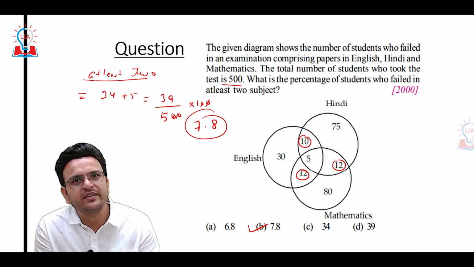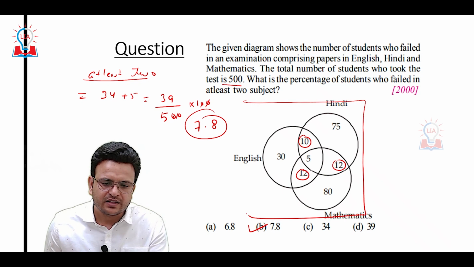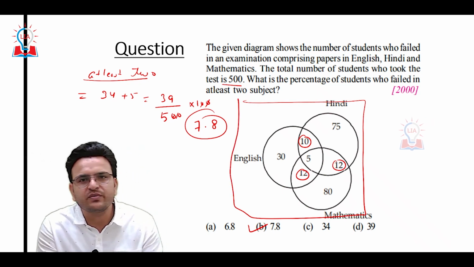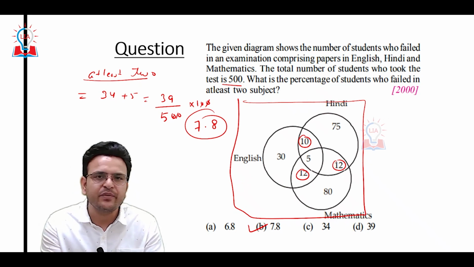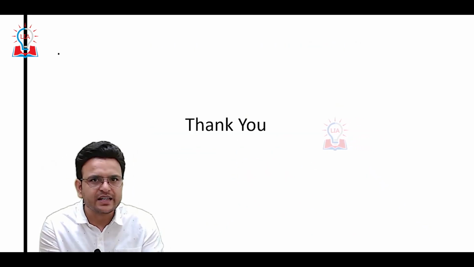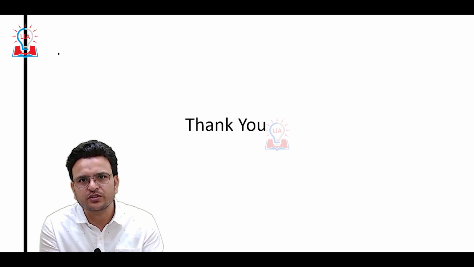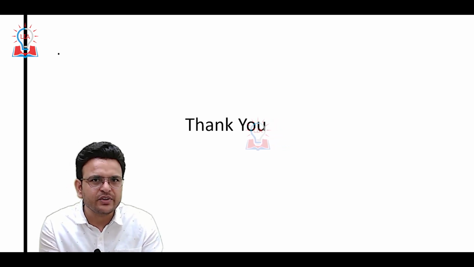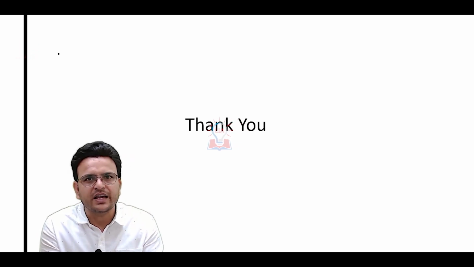So this is a very, very easy question. They have given the diagram also. The only thing we have to do is collect the data and put it in ratio form, and then we will get the percentage also. So thank you. Here I gave some basic idea of set theory, how to draw the diagram and how to solve questions based on the diagram. In the next video, I will try to cover more questions on the Venn diagram. Again, thank you for watching.